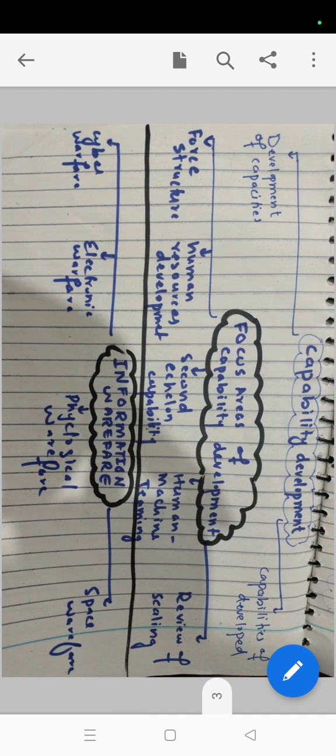Then if we go towards this important one, that is capability development. So what is capability development? Capability development is actually